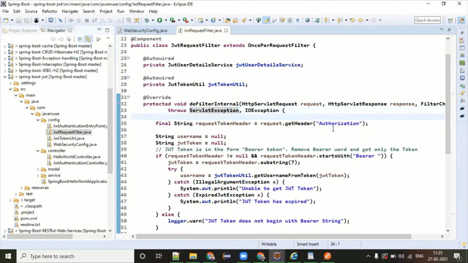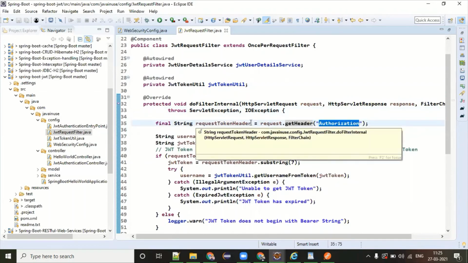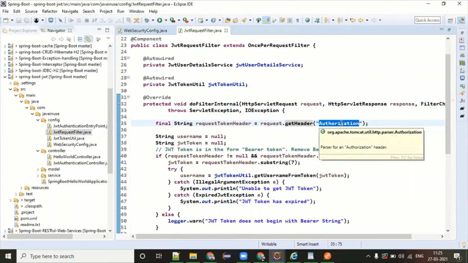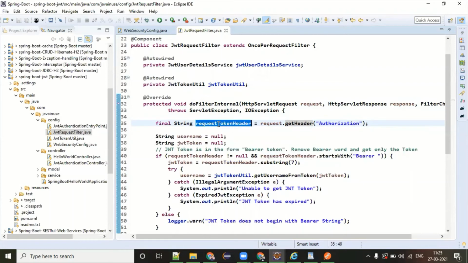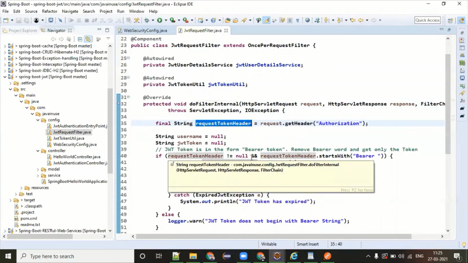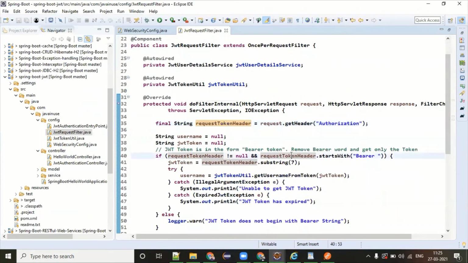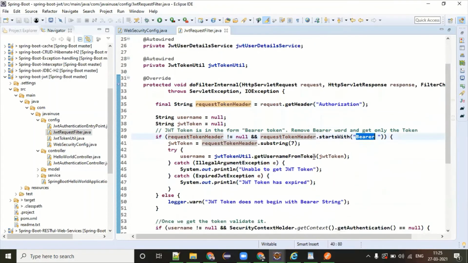And what this does first is check: give me the authorization token which you hold for this header. It gets a request token header. Now I'm checking whether your request token is first not null, and if it is not null, whether it starts with Bearer. If it starts with Bearer, then the algorithm starts its checking.